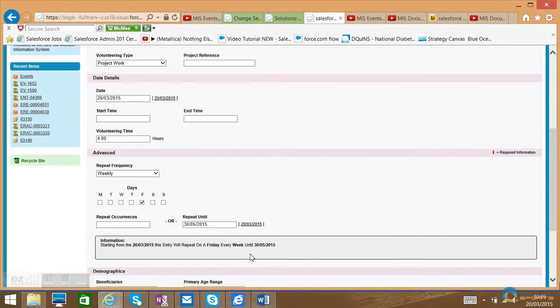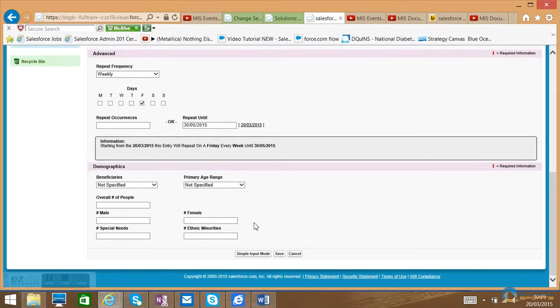We could add the advanced input mode, which then allows us to say who has benefited from these volunteer hours. So some sports bodies might use this to say how many participants were in each session. So we might say it was mainly members between 12 to 18. There was 20 people in the session, 10 male, 10 female, and out of those, one were in the special brackets. Now, these brackets just are often used in reporting for projects, so that's why they're there. Save this,